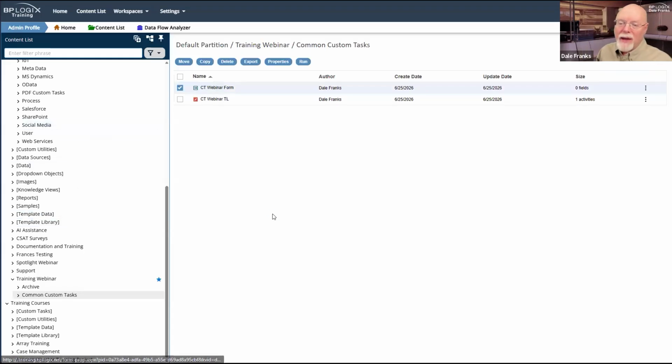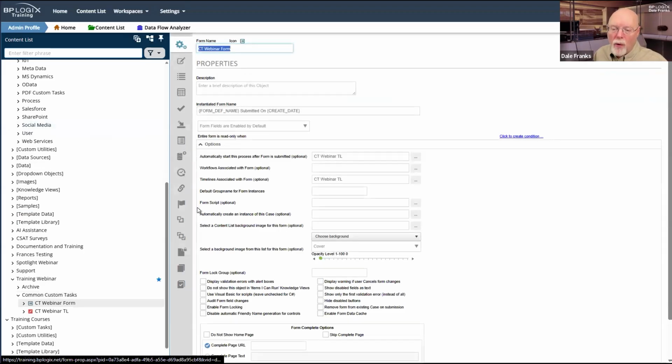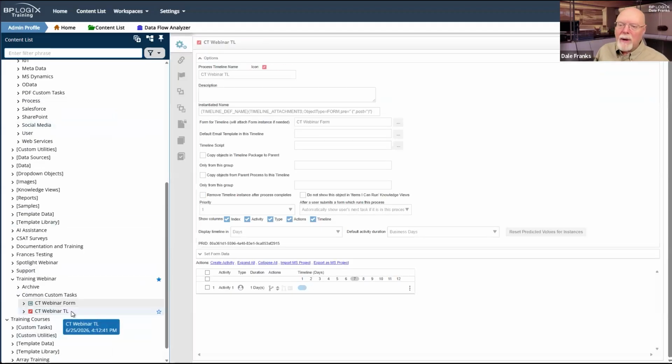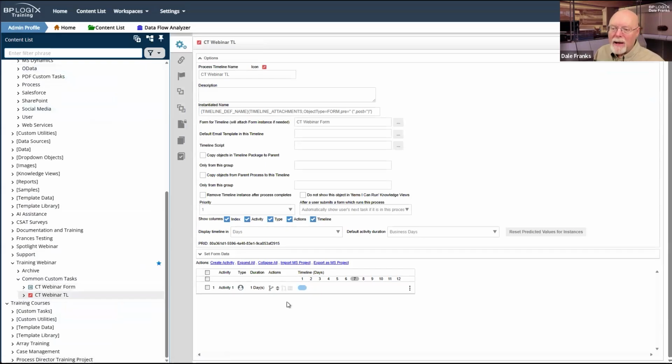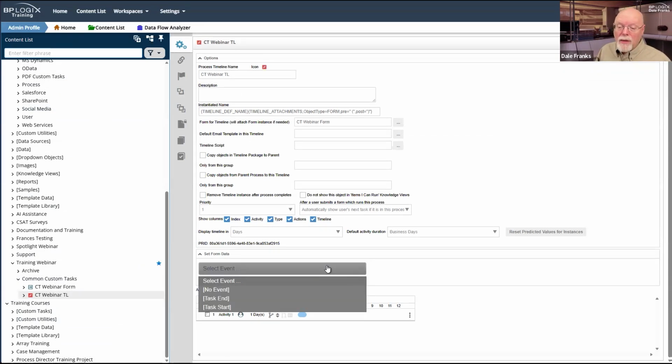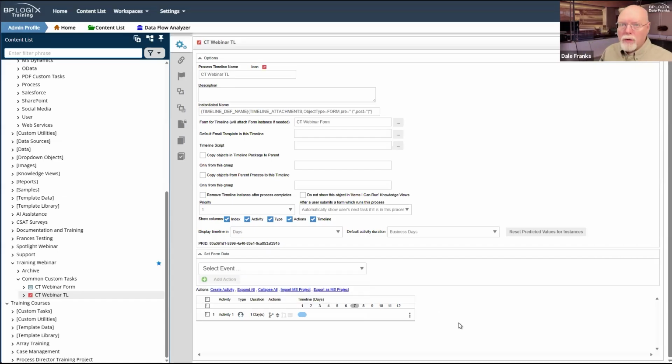And because of that, we now have on both the form and the process timeline, we have both the set form data tab and the fill dropdowns tab. And of course, on the timeline itself, the timeline has a, I'm sorry, a set form data. We don't fill dropdowns from timelines, but we do have a set form data so that we can do a set form data directly from a process timeline or directly from a form. And really all you need is a business value that grabs your data.